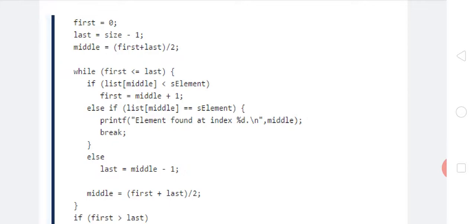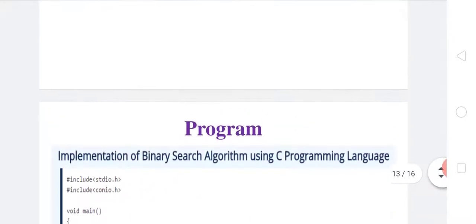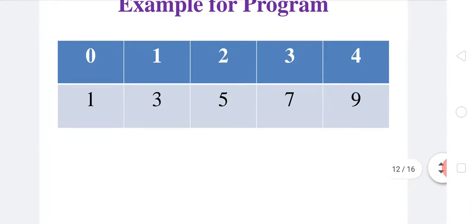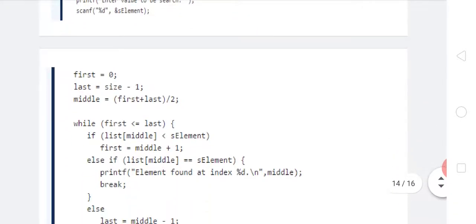Inside the while condition, the if condition is there. Inside the if, list of middle, means list of 2. List of 2 means which value? 5. Is 5 less than the search element? As you know, the search element is 3.